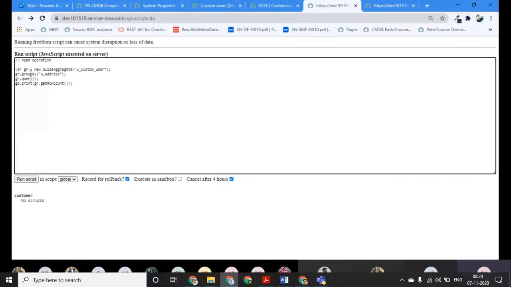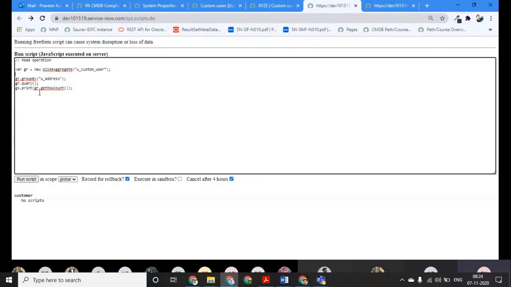Okay, so right now for group by, I am not getting exactly the correct scenario to show you. So first let's use some different functions of GlideAggregate. Let me tell you what we use GlideAggregate for. I think most of you already know about aggregates, which we use on the database.